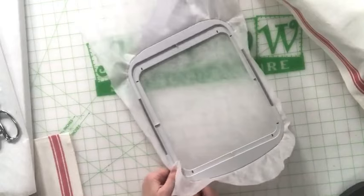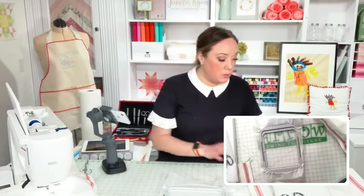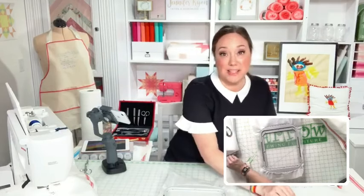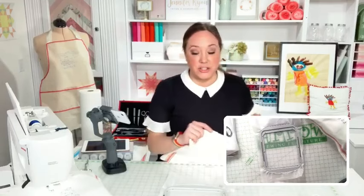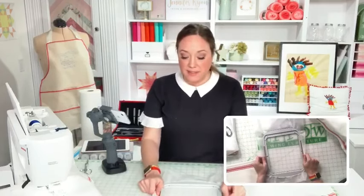Anything else? And someone is asking, is there an Android app? Right now, there's only apps for iPads. However, there are downloadable programs that can go on a PC. So you're not totally out of luck if you're using a PC. So just Google that. Okay, so once you've got your stabilizer